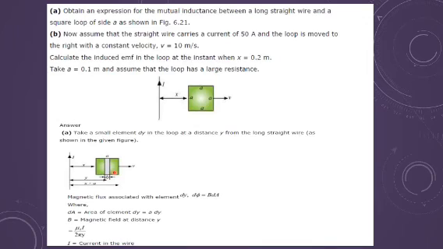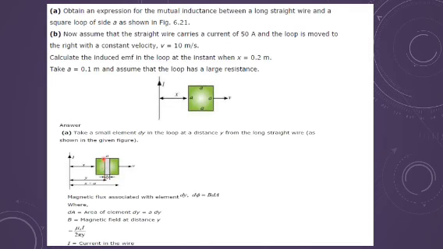We are going to find firstly the magnetic flux associated with the small element, and then we will integrate for the whole square, and that will be our result for the mutual inductance. If I have this small element dy, then the magnetic flux is given by d phi equals B into dA. dA is the small area of the element, and area is length into breadth. I am assuming dy, but this side is equal to a. So area will be a into dy.